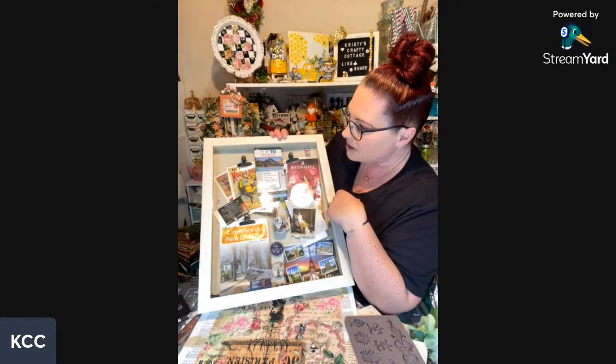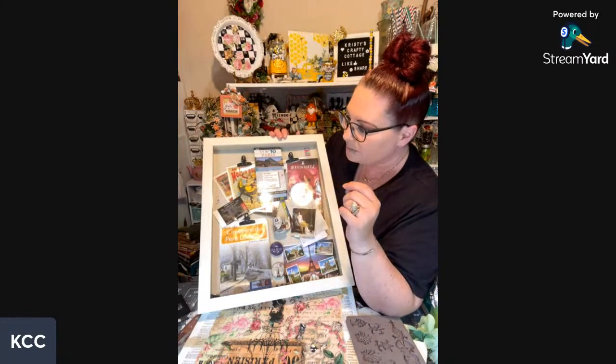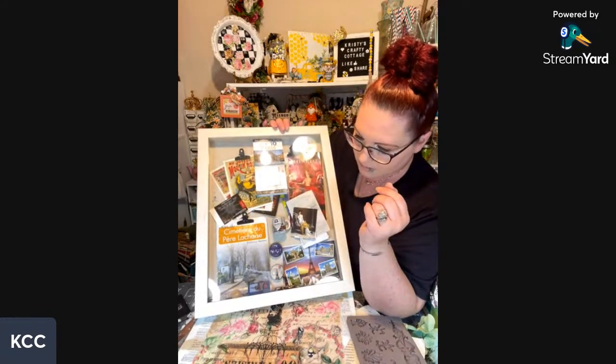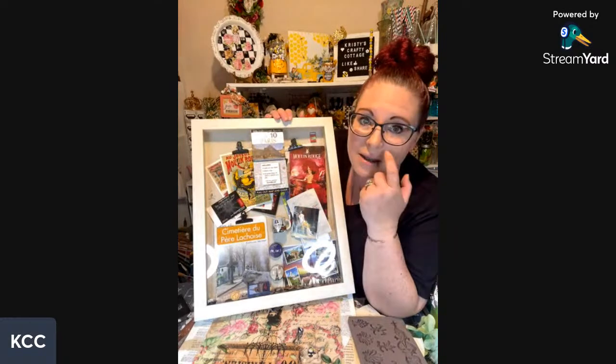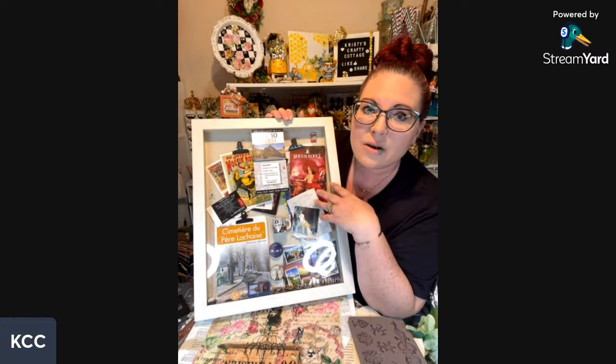Took a trip by the Eiffel Tower. We did a boat ride there. Just a lot of different things. So I still have to add more stuff in here, and then I saved like the coins. But we had such an amazing time. It was so, so amazing. And I cannot wait to go back with,